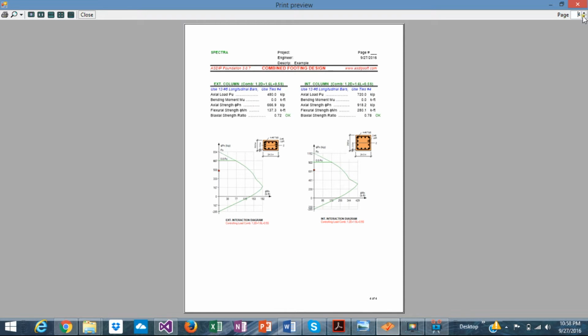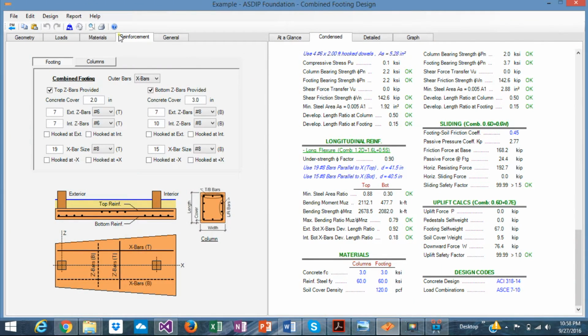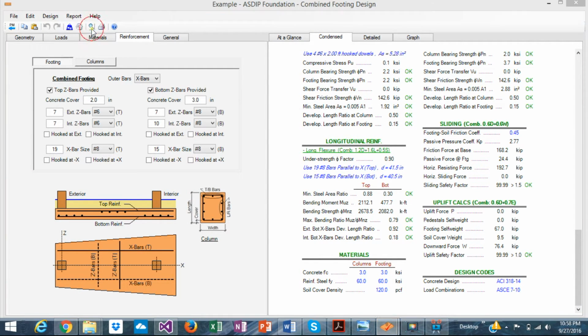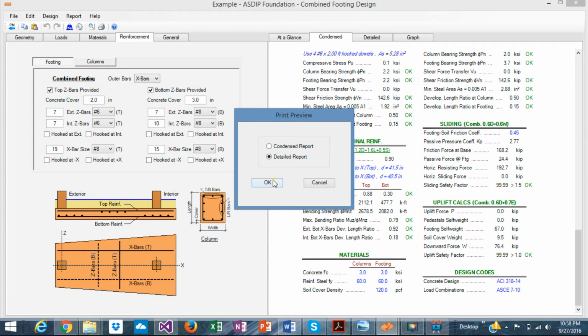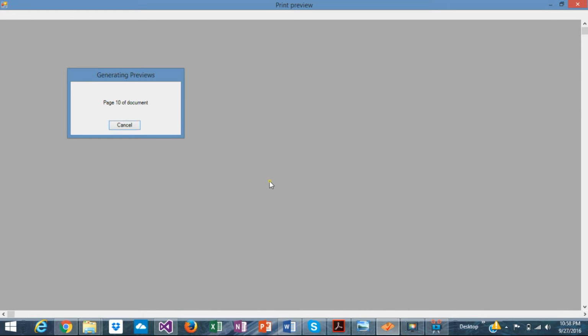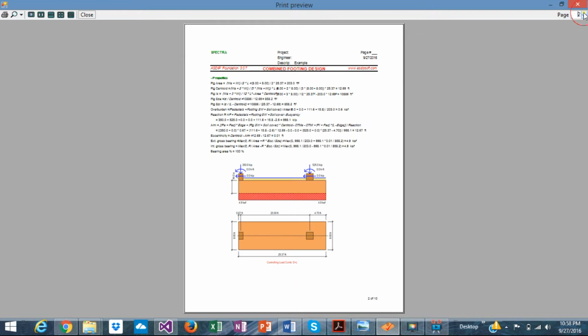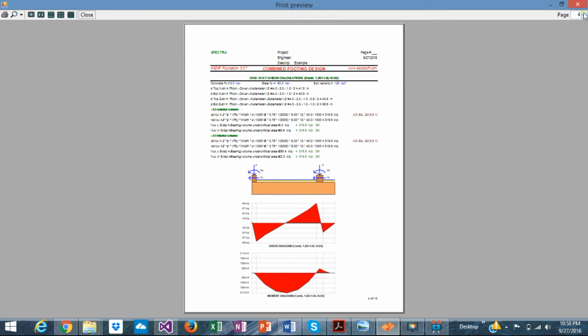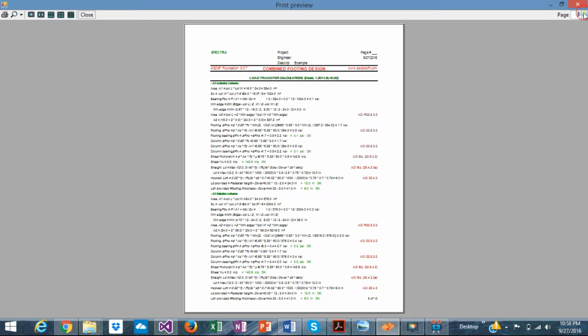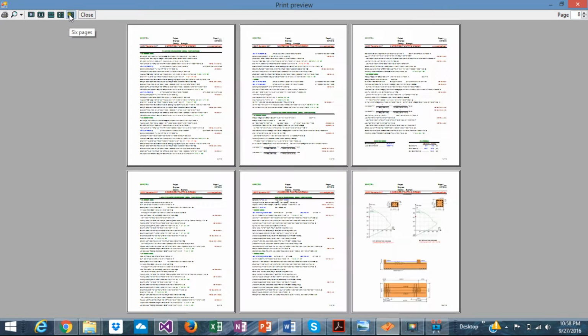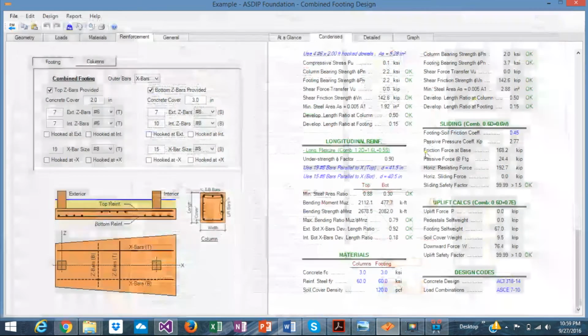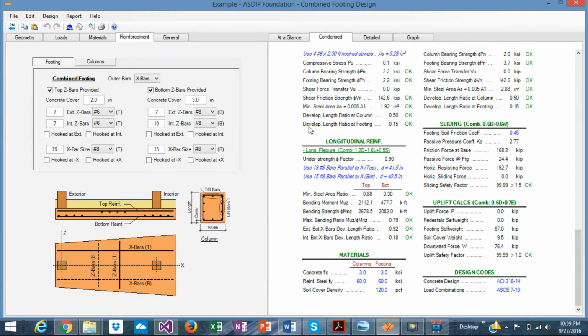pre-formatted report. The same applies for the detailed report. Let's go to print preview, the detailed report. Okay, nice. We can see all of them together. These are all the pages of the report. So very well presented. This basically shows you how easy it is to check the calculations, obtain results, and